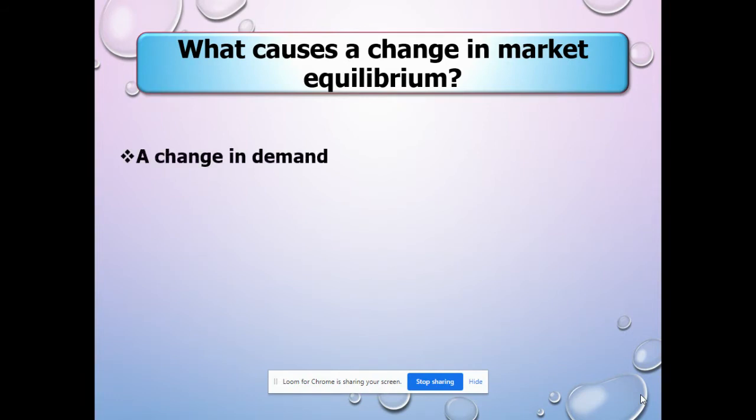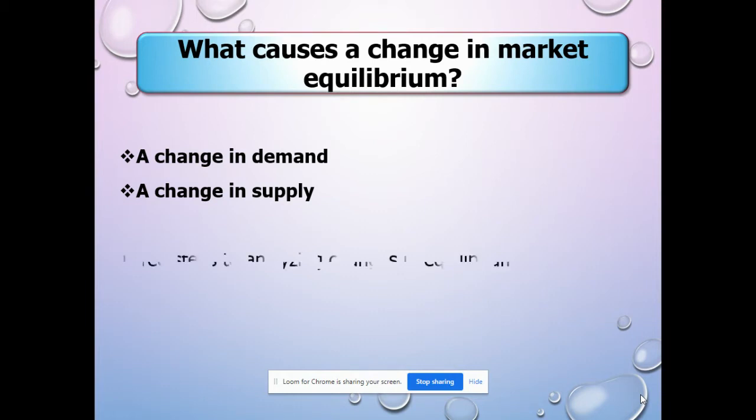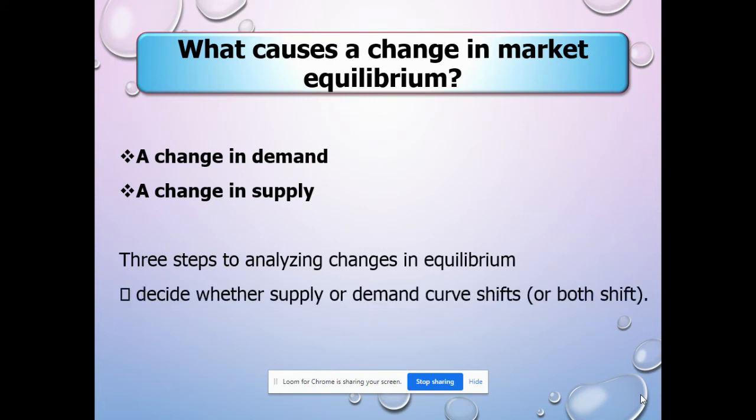So the market equilibrium will change due to the effect of changes in demand and a change in supply. So let's say from the original market equilibrium at E0, now we will get a new market equilibrium at E1. Right? So there are 3 steps to analyze changes in equilibrium. Okay, so we must decide whether supply or demand curve will shift